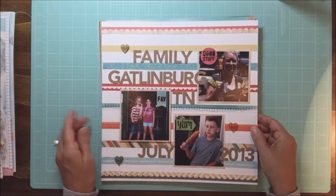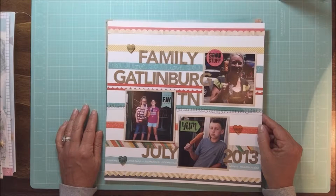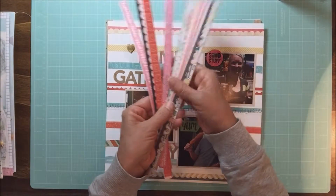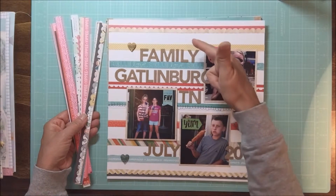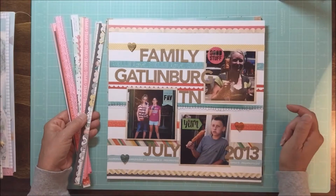This was this week's challenge at Hip Kit Club. The challenge was to use paper strips, and every time I trim off a branding strip on pattern paper, I just keep them together. You can see here's my collection, and what I did for this layout, I just got these photos out that I wanted to use and just pulled some strips out that had colors that were in the photos, and